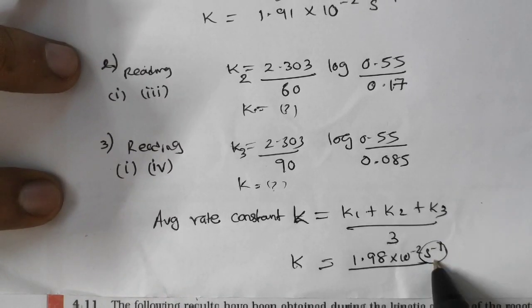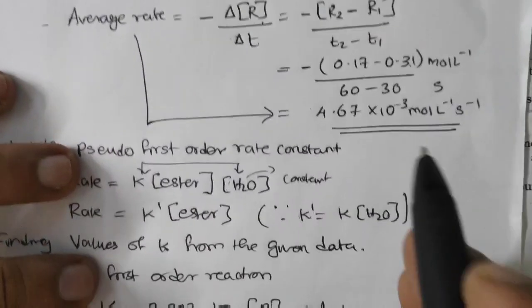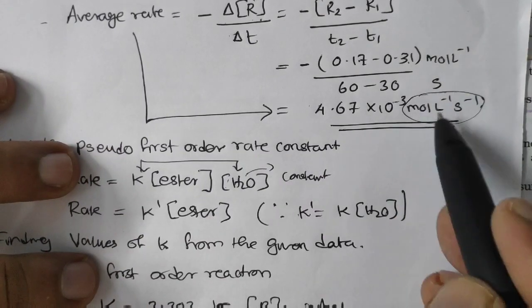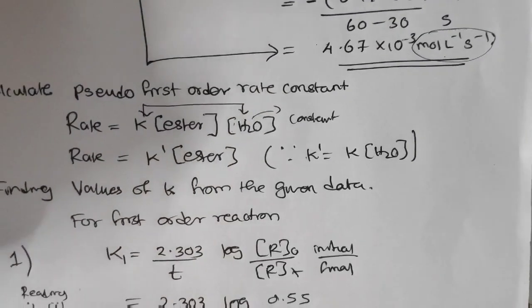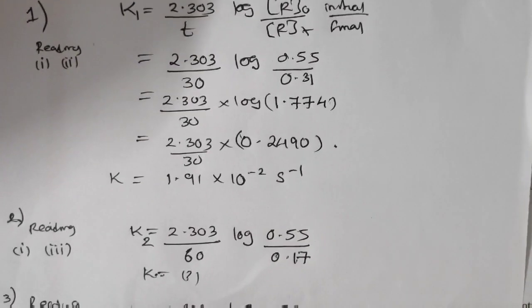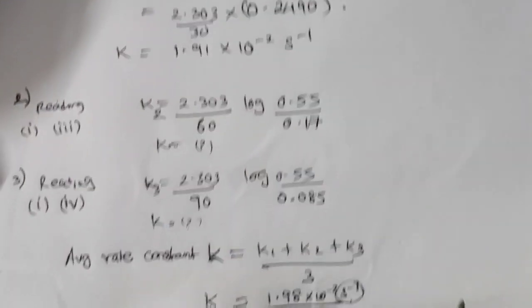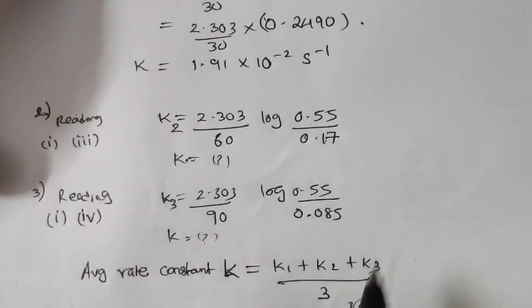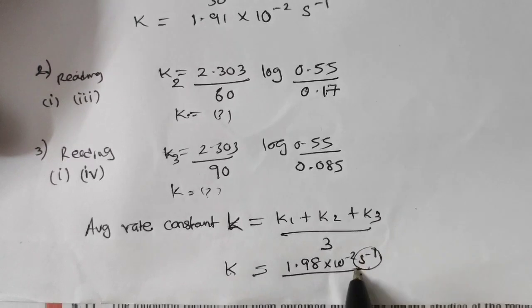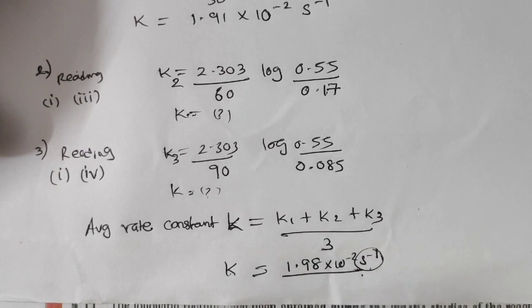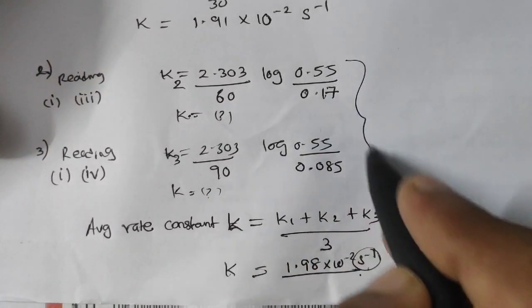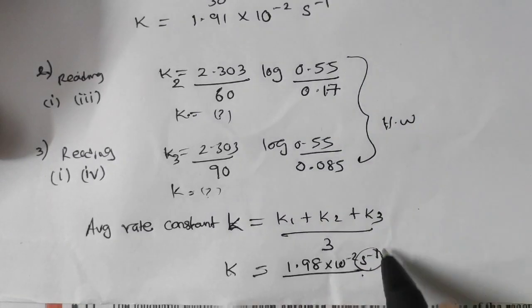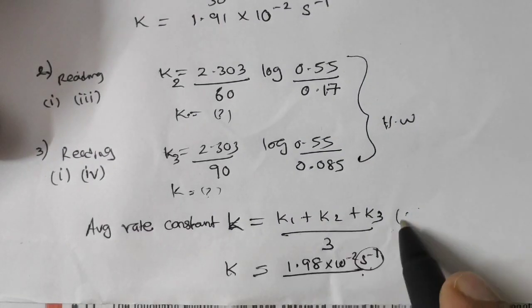Okay, so from this value, when we started, what was the unit? It was of second order, and when we went ahead it became first order. So from this you can easily write it down. This must be the answer you get here. So this one is homework, for this one also and this also.